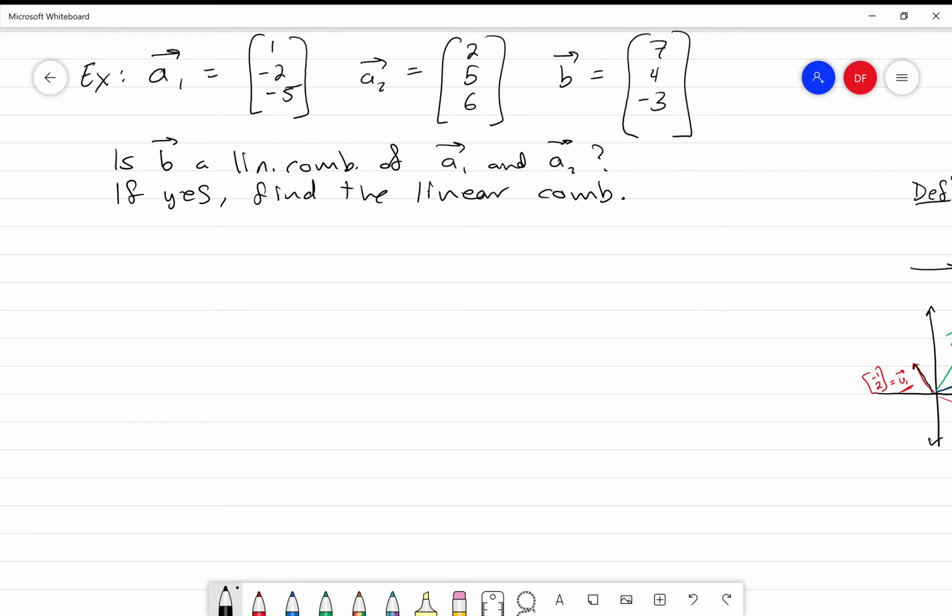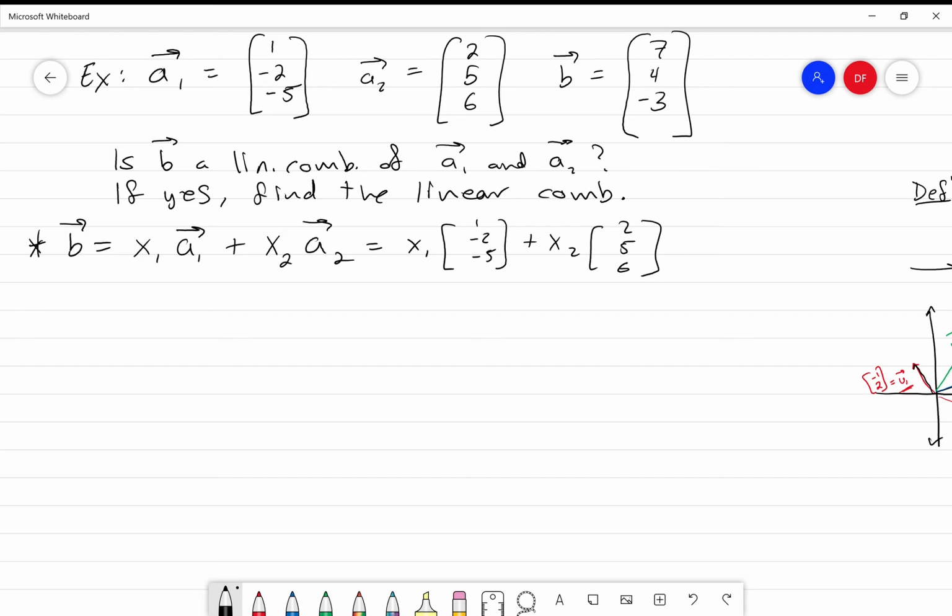Okay? Well, you should immediately recognize that if b is a linear combination of a1 and a2, then b would need to equal some value times a1 plus some value times a2. So some number x1 times the vector a1 plus some number x2 times the vector a2. Right? And this would be x1 times (1, -2, -5) plus x2 times (2, 5, 6),